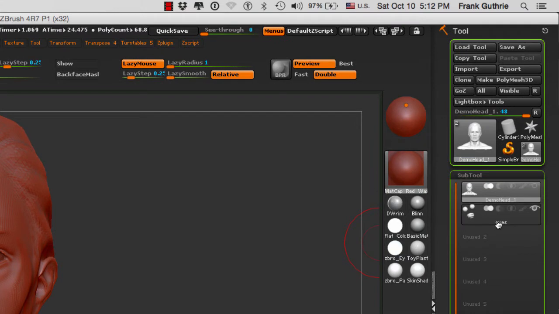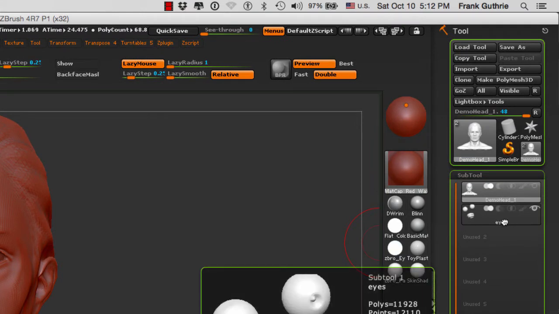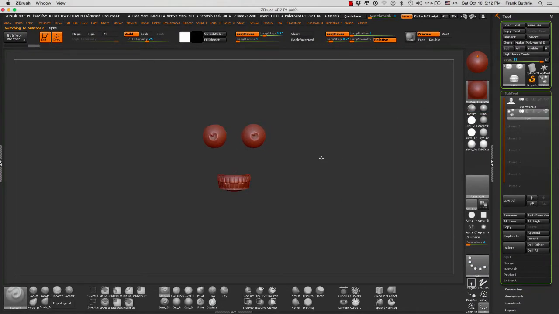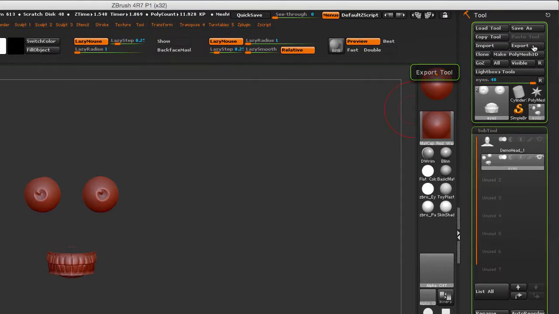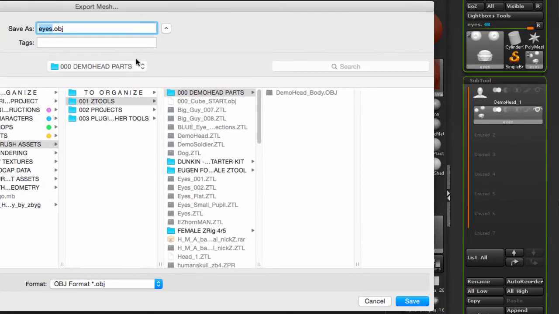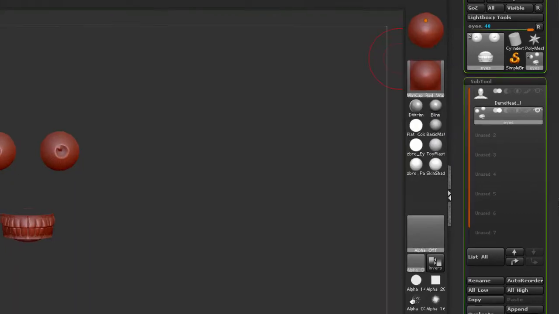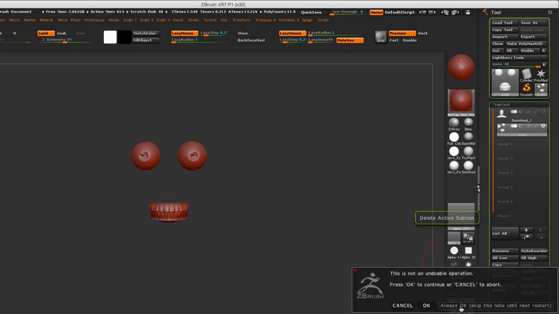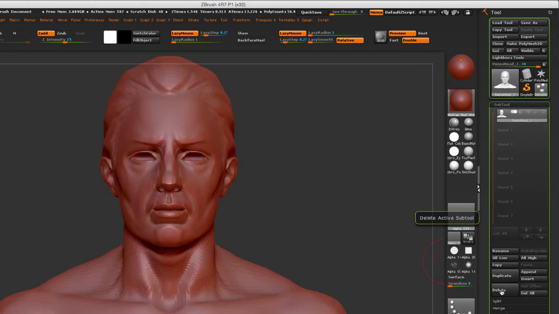Then I'm going to select my eyes subtool. It is the eyes and the teeth, as you can see, and I'm going to go to export, and I'm going to export this one as demo head underscore eyes teeth. Alright, so let me delete these two subtools,